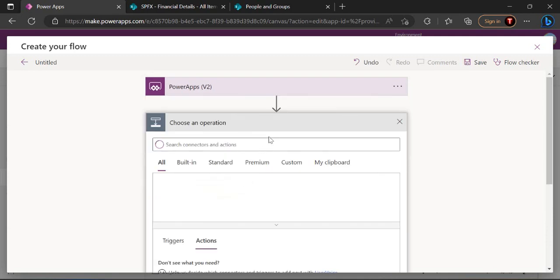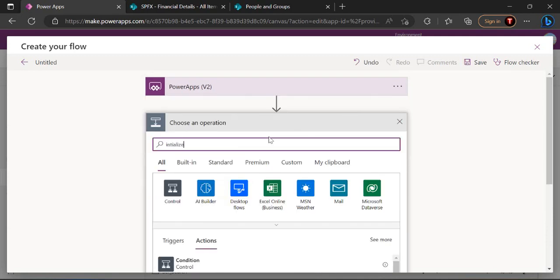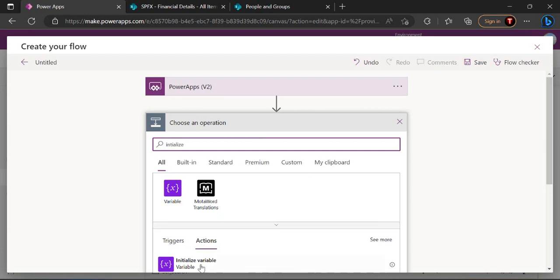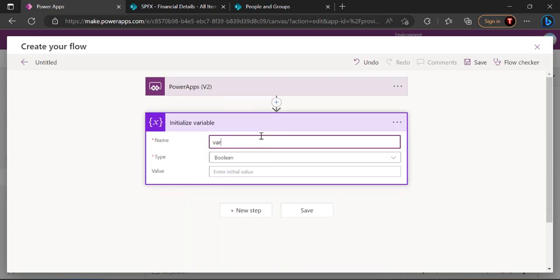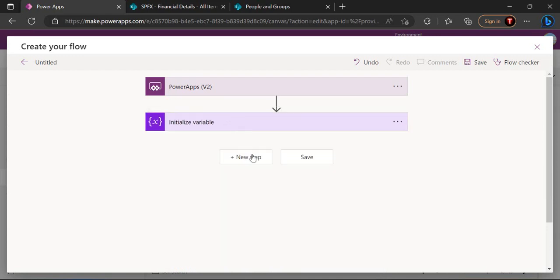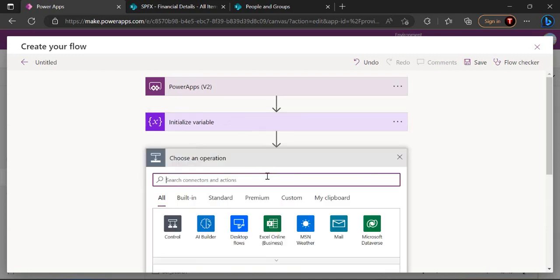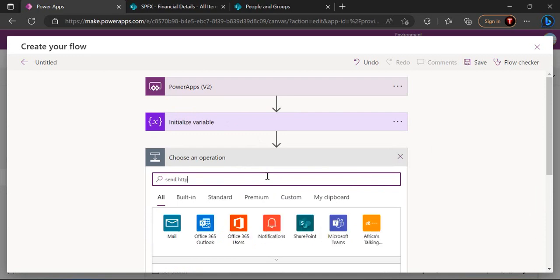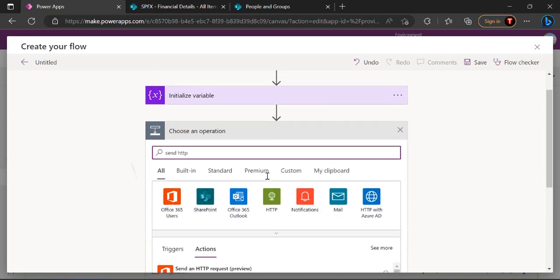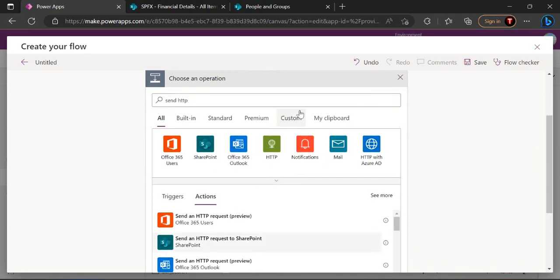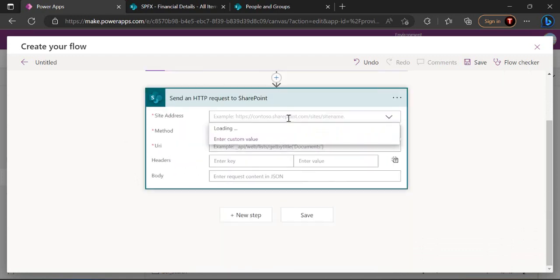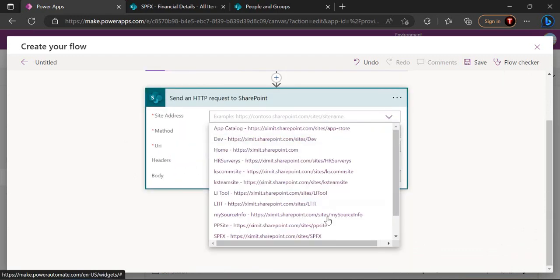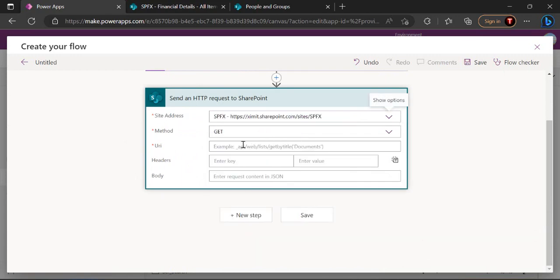In the next step, I'll initialize one variable, let's say the variable is member, and I'll set the type to boolean. In the next step, I am going to send a request to SharePoint. So, send HTTP request to SharePoint, and over here we are going to connect to our site. The method would be GET, and in the URI